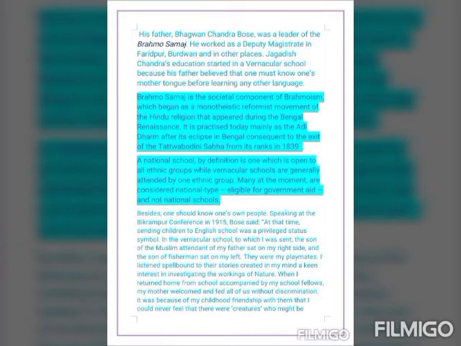Speaking at the Bikrampur conference in 1915, Bose said, "At that time, sending children to English school was a privileged status symbol. In the vernacular school to which I was sent, the son of the Muslim attendant of my father sat on my right side and the son of fisherman sat on my left. They were my playmates. I listened spellbound to their stories, created in my mind a keen interest in investigating the